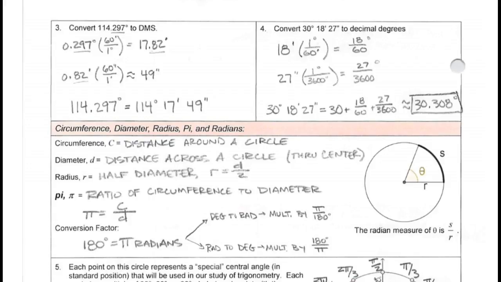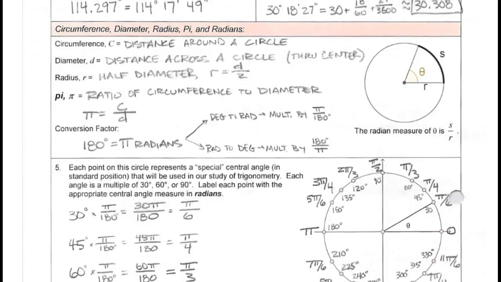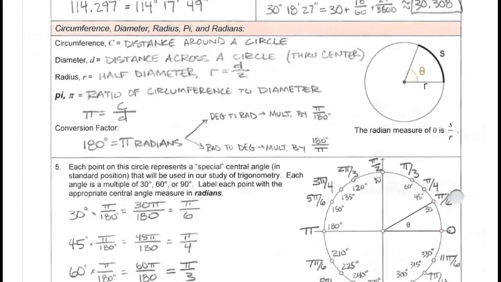So now I'd like to move into a discussion of circumference, diameter, radius, pi, and radians. This is probably one of the most important things to take away from this lesson, and the reason why it's so important is because we're going to rely on it as kind of our new language for the rest of the semester. Most of the stuff in here you already know,